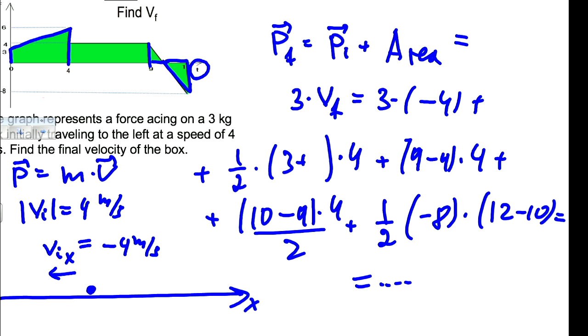Now, 3 plus 6. Sometimes when I switch back and forth, okay, now I think everything is correct. That's it. Cool. That's what we do when we need to calculate the impulse and relate it to momentum or velocity.